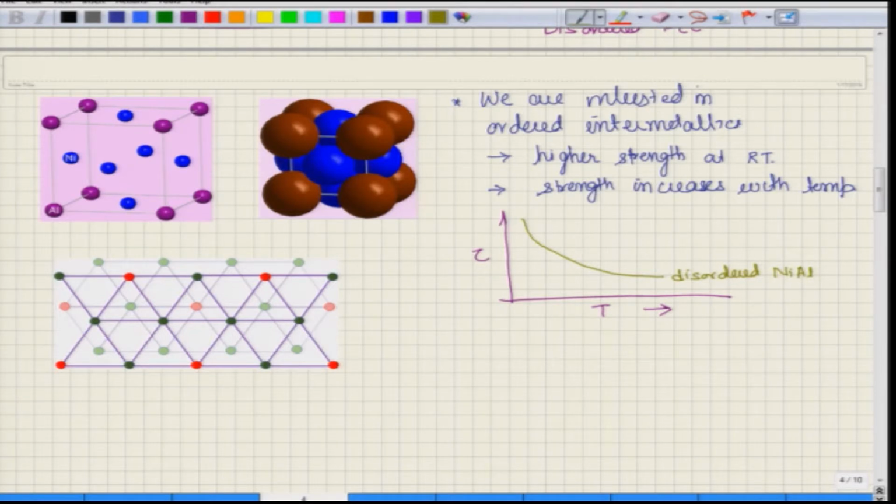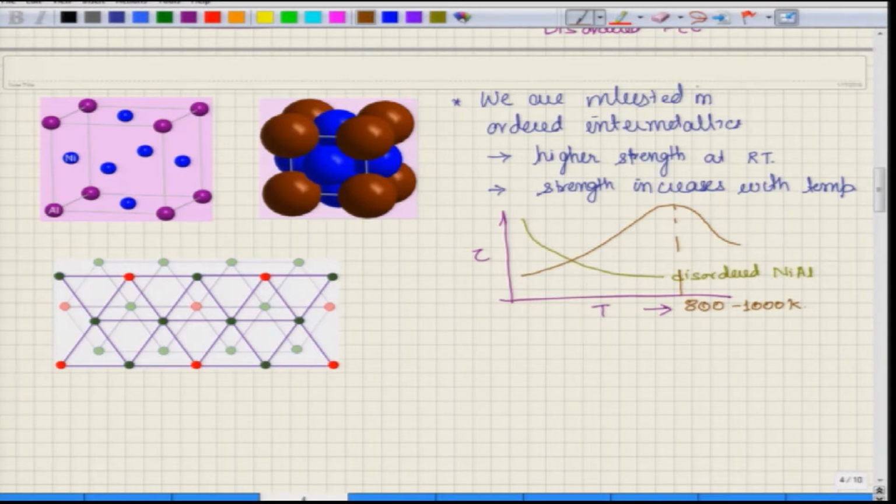On the other hand, if we look at Ni3Al, then it shows what is called yield anomaly. So, here you see the shear strength is increasing with temperature, and this can be as high as 800 to 1000 Kelvin. So, close to 800 degrees Celsius you can see increase in strength,